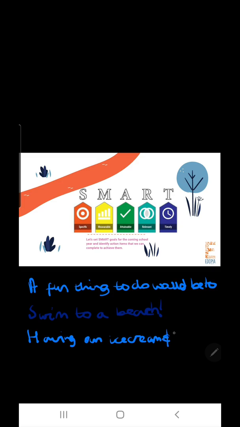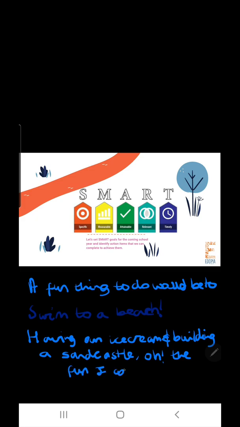And so I've just used a shorthand for and there. And building a sandcastle. Oh, the fun I could have,